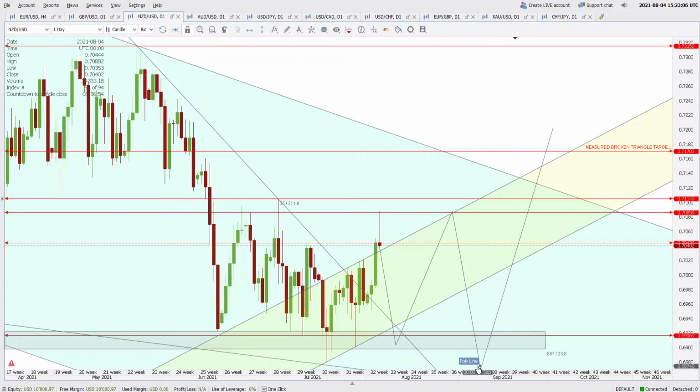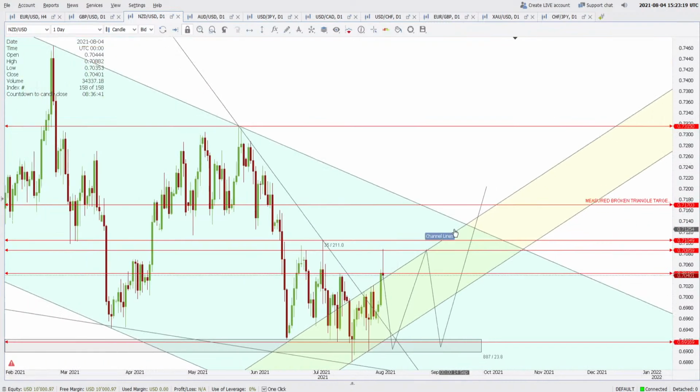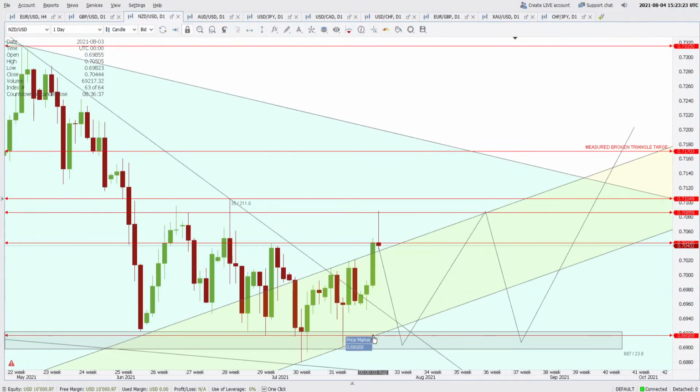Okay, anything can happen. So what is the best possible thing that we can do in this scenario? We can wait for this support to hold, or we can wait for this resistance to be tested again and then go as the market goes. But do not open a sell position very close to this support, or do not open a buy position very close to this resistance region. I hope you got the idea how to trade the